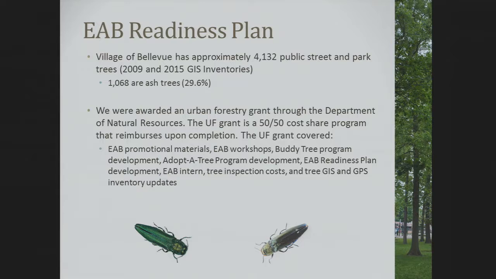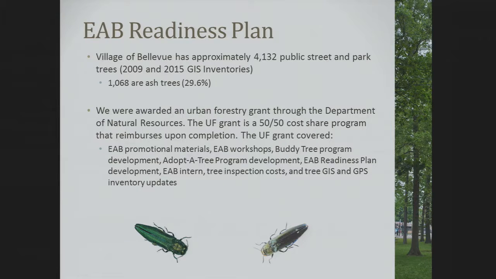So they took that 2009 tree inventory, which said there's about 4,000 public street and park trees that the village maintains. And of those, 1,000 of them were actually ash trees. So that was about 23% of the original numbers. So it's not only an issue of EAB coming, it's an issue of having a monoculture, and things weren't planted properly with enough variety. So the village went forward and applied for an urban forestry grant through the Department of